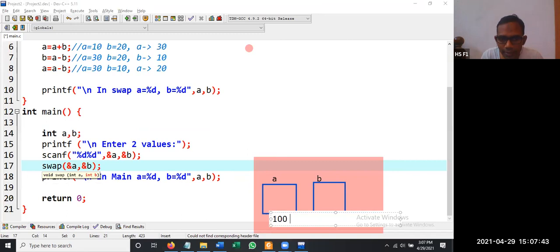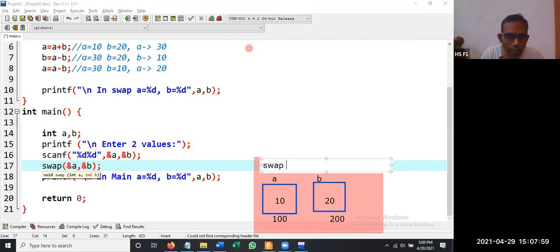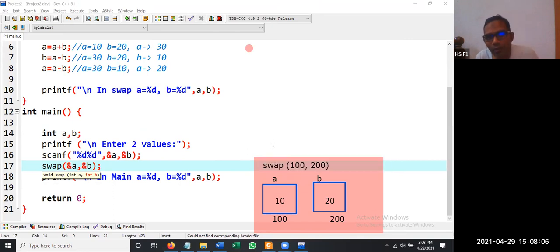Say 100 is the address of A and 200 is the address of B, and they are having values 10 and 20. So you are making the call swap ampersand A comma ampersand B, which means you are passing the addresses, 100 comma 200.